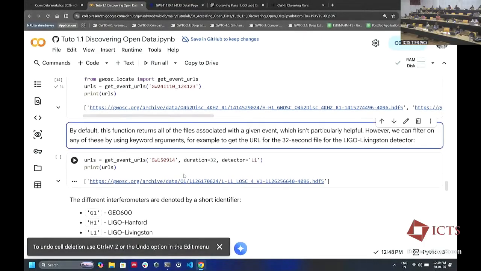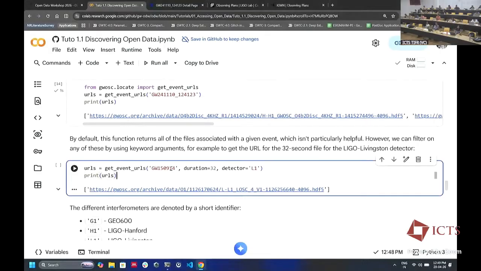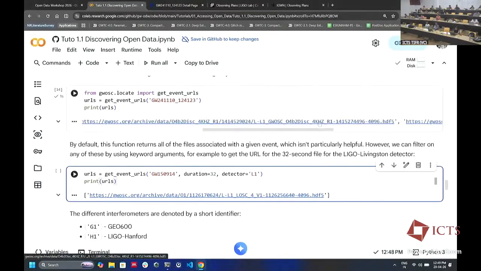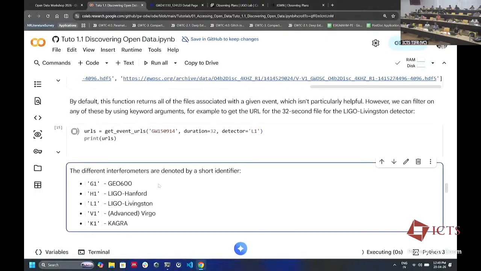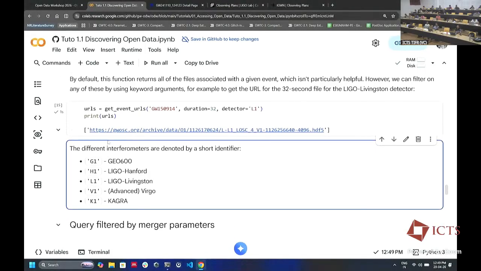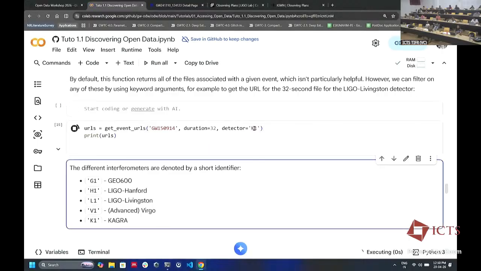So yeah, you could also look for some very specific duration around that by a specific instrument, because these are multiple links, all possible data chunks which contain some part of that event stream. But you could look for some more specific stuff, and then that would be maybe just one link. Here is what these different instrument keys are, you need to know. So if you want it for, let's say, KAGRA, the Japanese detector, then you would put K here, if it was observing, that is. If it was not observing, you may get an error. I'm not entirely sure. Yeah, you get nothing.